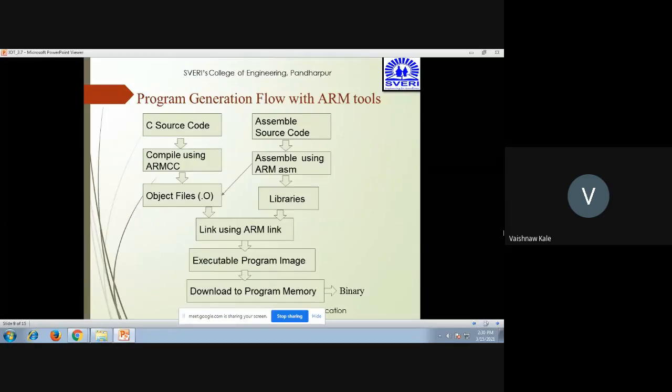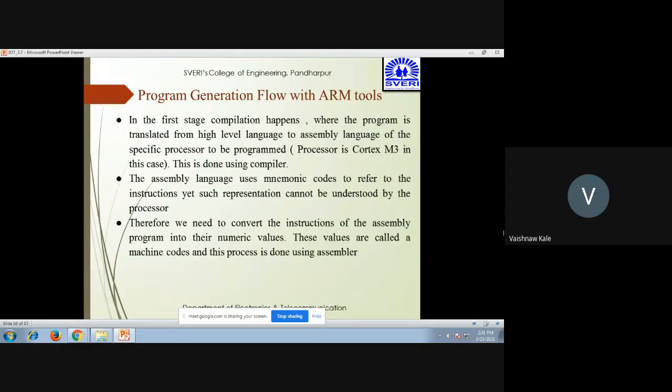So this is what happens in the main flow with the ARM tool. We have seen that C is compiled into object files, assembly is compiled through the assembler into object files, then it is linked through the ARM link, giving an executable program image that is downloaded to the program memory. This is what we have done up till now.